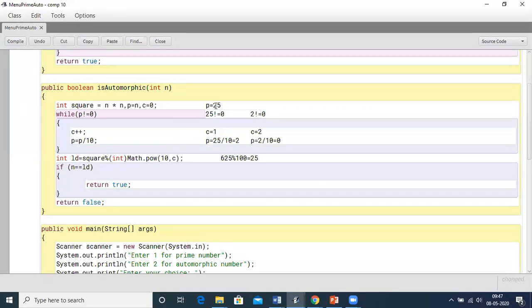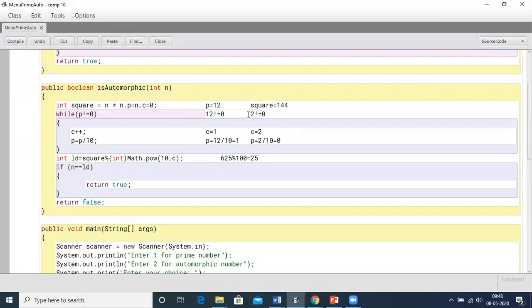Let's check any other number. Let's say we take the number to be 12. The square of the number will become 144. So over here we take it as 12. C will be 1, and P will become 12. So the remaining quotient will be 1.